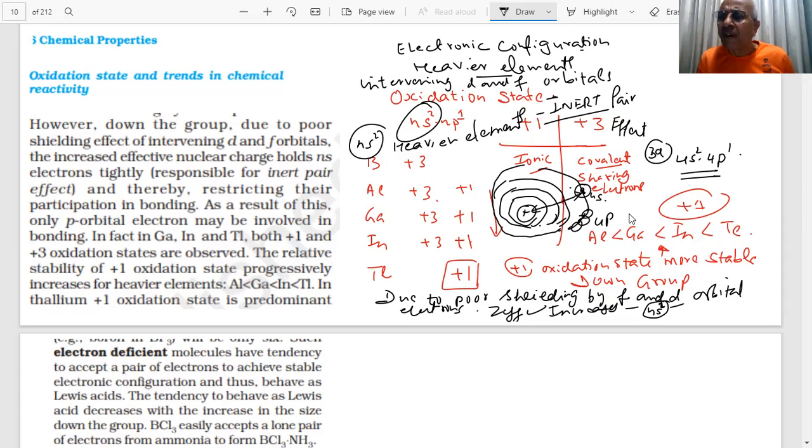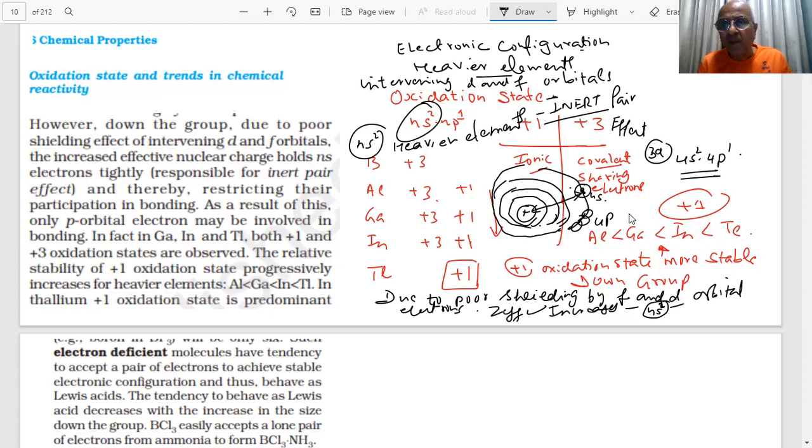Everything needs energy, student. Without energy, nothing is going to happen. Energy is provided by whom? When compounds are formed, those elements which are forming the bond will provide the energy. Bond formation provides the energy. Bond breaking requires the energy. That you've been told already. How much energy do you have? You don't have that much energy.